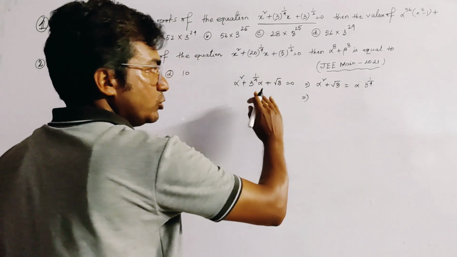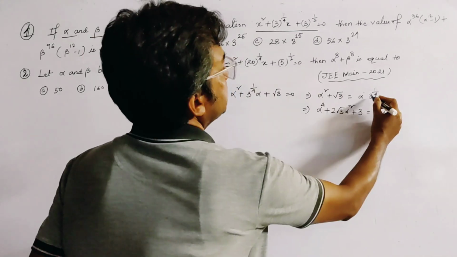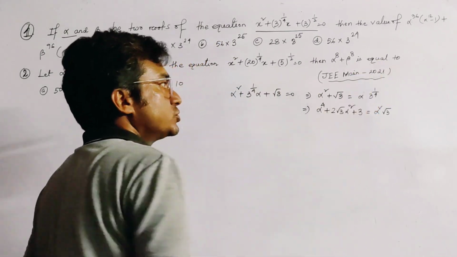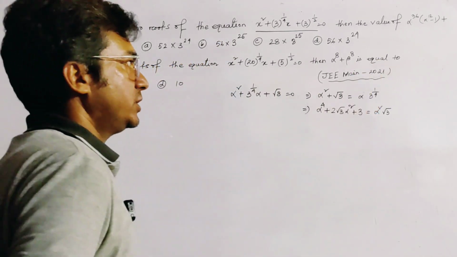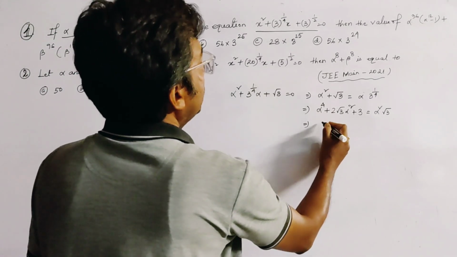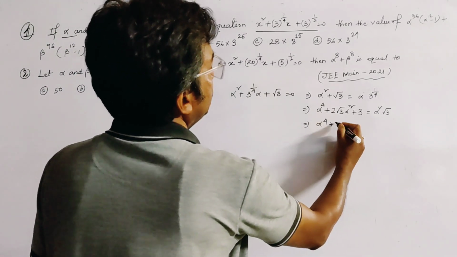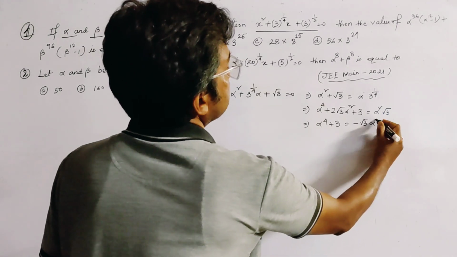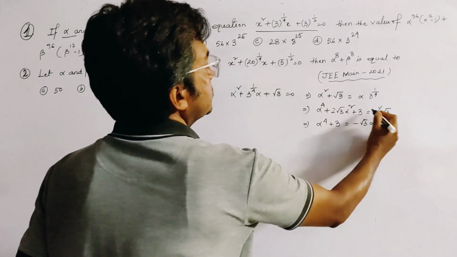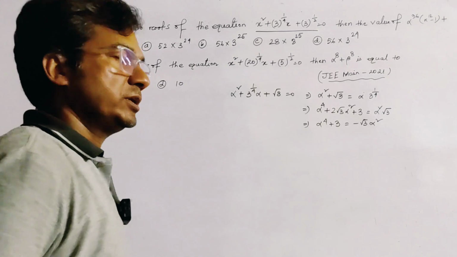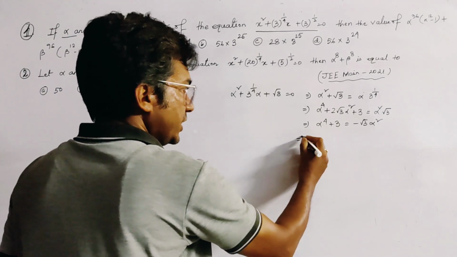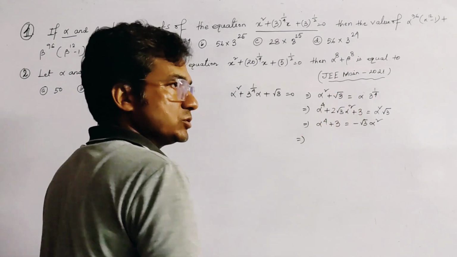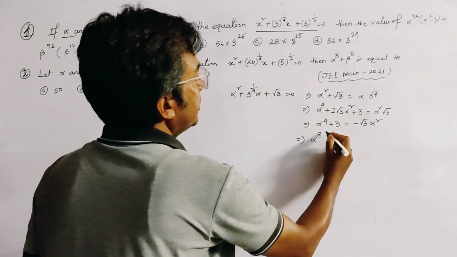We square both sides. 3 to the power 1 by 4 whole square is 3 to the power half, right? Now we get alpha to the power 4 plus 3 equals minus root 3 into alpha square, because this is root 3 into alpha square minus 2 root 3 into alpha square. Again we square both sides. Squaring, we get alpha to the power 8